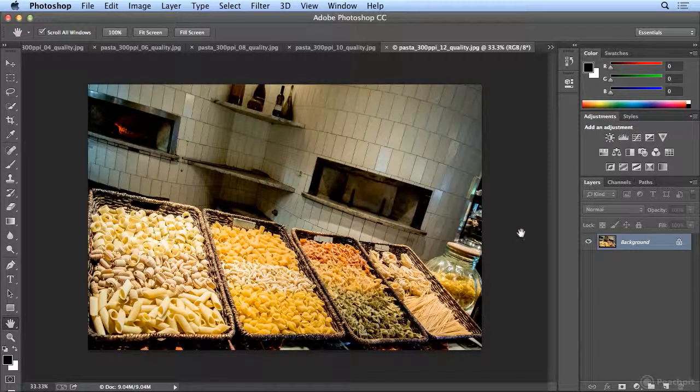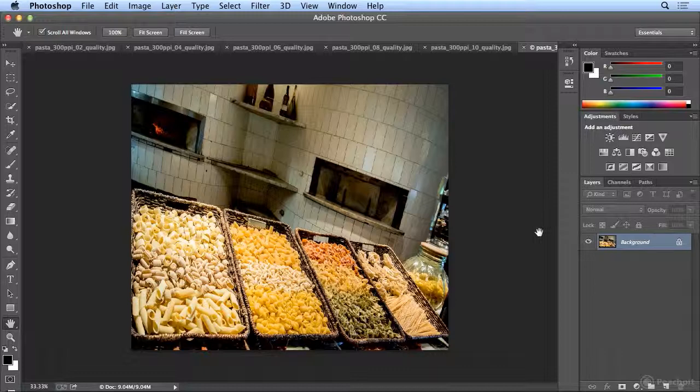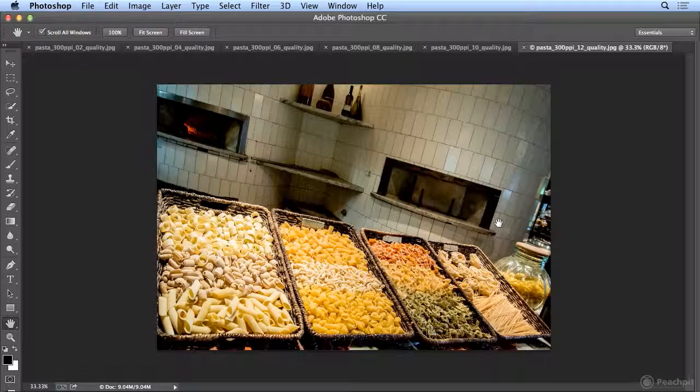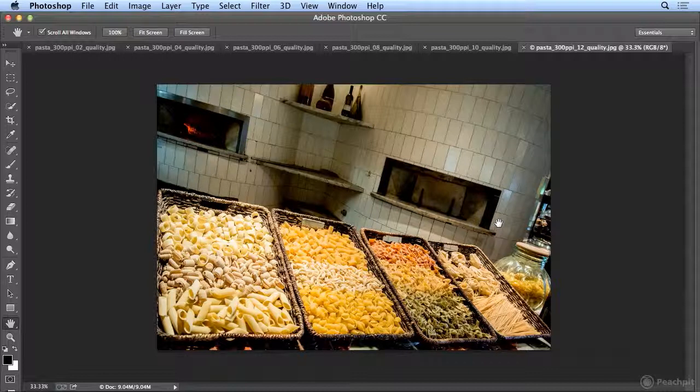I want more area to see my images. So on your keyboard on both Mac and Windows, you can hit Shift-Tab to hide the panels only on the right. They're still there if I mouse over the dark bar on the right side, but Shift-Tab hides them. Shift-Tab again shows them. For now, I'm hitting Shift-Tab to hide the panels on the right, but leave my Tools